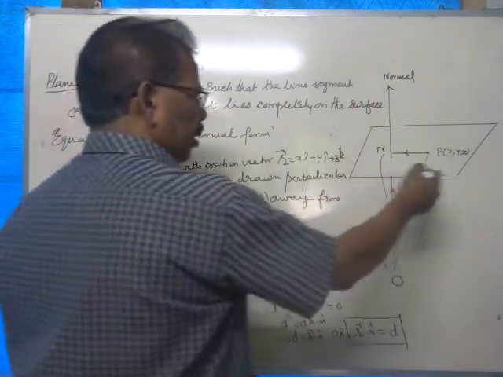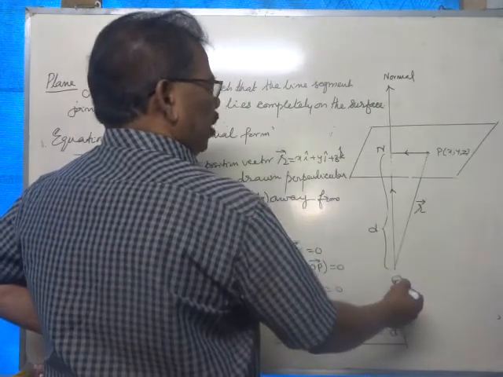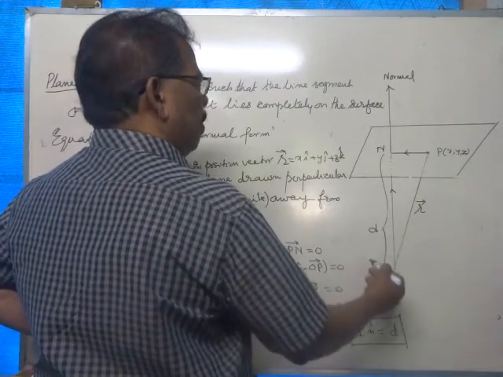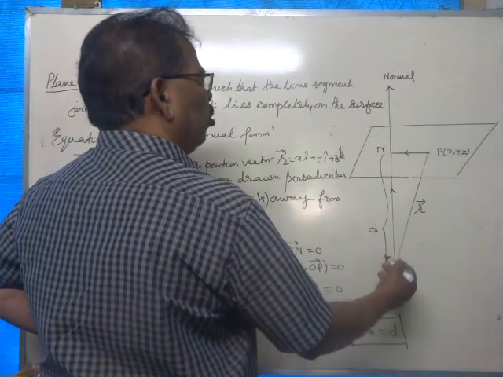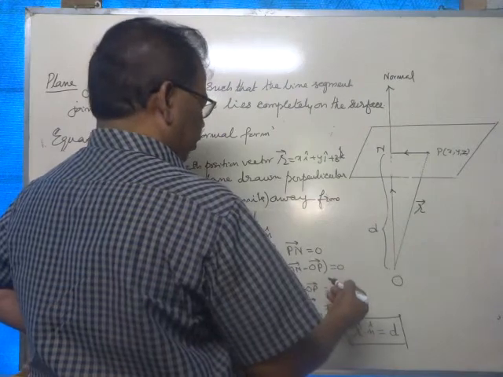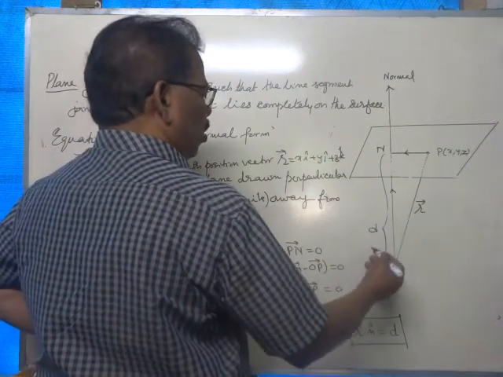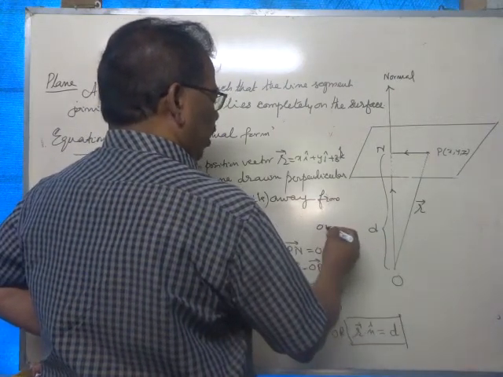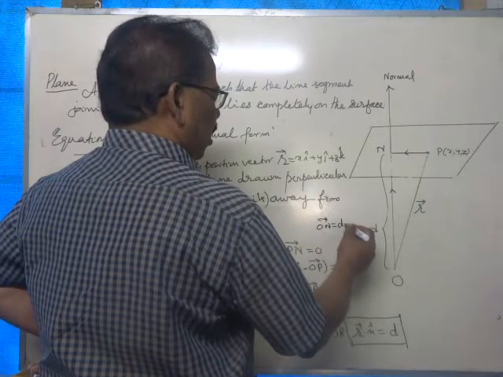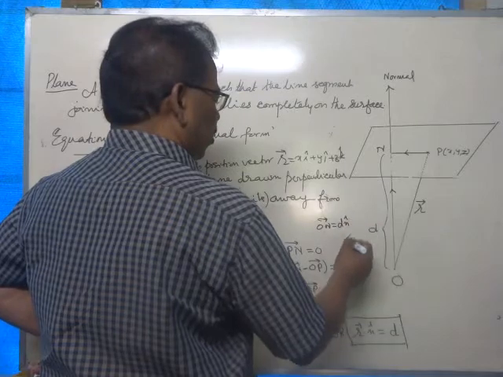If this plane is at a perpendicular distance of d units from the origin and the unit vector along ON is n cap, then ON vector can be written as d n cap,